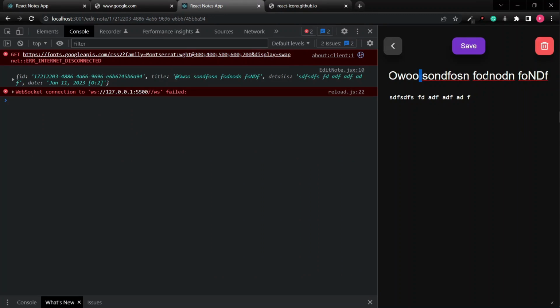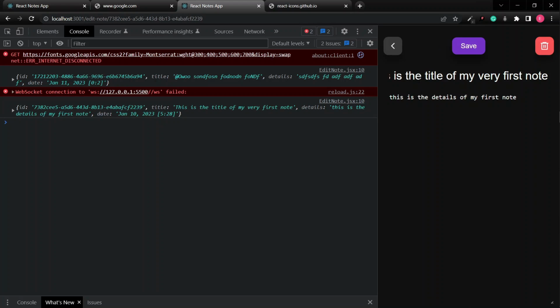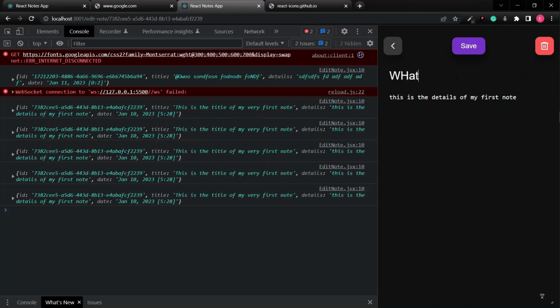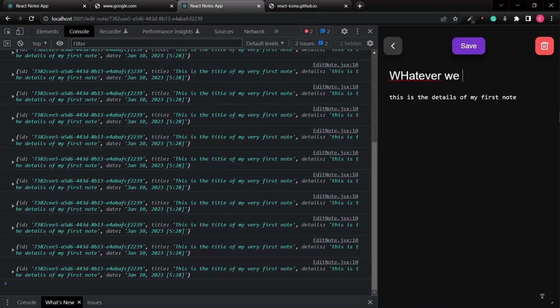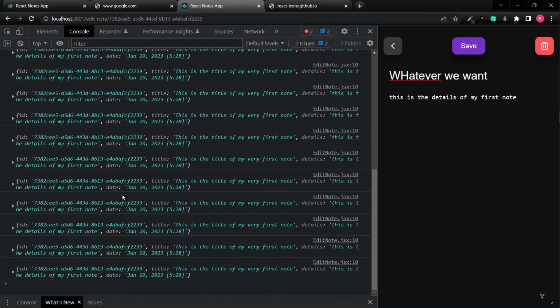Okay, so the values are being passed in. All right, so right here. If I go back and select this, we are going to have the values passed in right here. Perfect. So we can go ahead and change the title, for instance, to whatever we want. I'm just going to say whatever we want, and notice for each change we actually